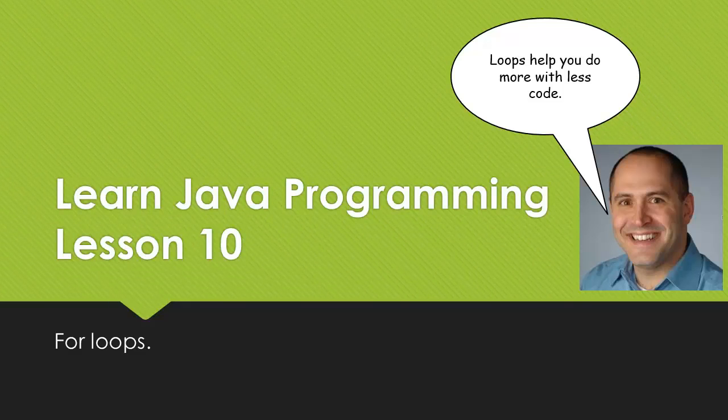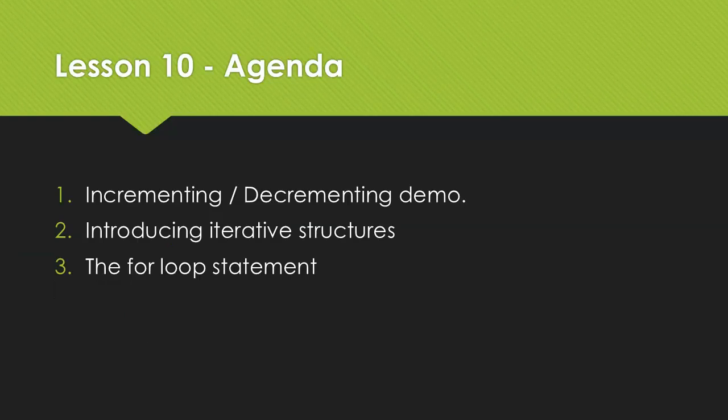We're up to Lesson 10. Lesson 10 and Lesson 11 cover iterative structures like loops. Today we'll be doing for loops, and in Lesson 11 we'll be doing the while loop. Today's agenda: first we'll talk about incrementing and decrementing variables. Then we'll introduce the iterative structure known as the for loop, and we'll have a couple of demos of the